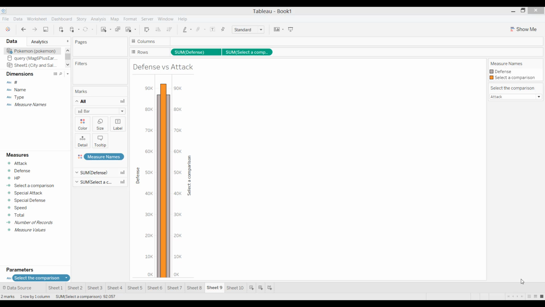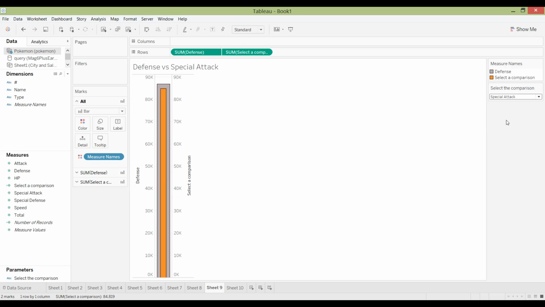A parameter is really useful if you want to filter for different selections, but that type of filter is not available as a dimension and not in the data. So you can actually make your own. What I'm going to do here is make a select a comparison type of parameter. What this allows me to do is make the orange bar here variable, based on what I select here. For example, right now it is defense versus attack, but if I change it to special attack, it'll be